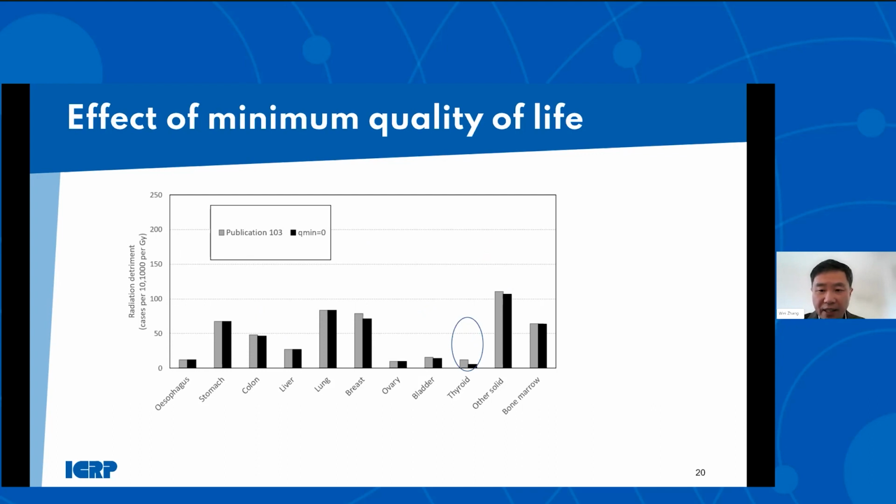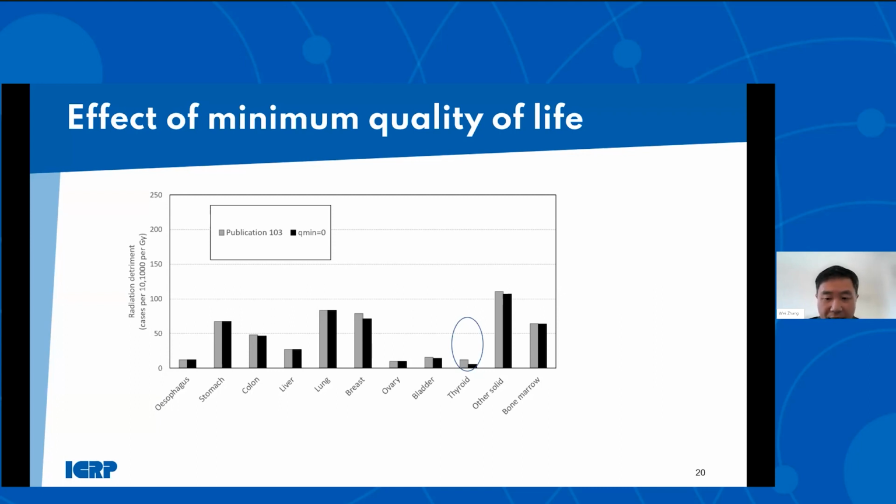This graph shows the effect of a minimum quality of life. The minimum quality of life accounts for the minimum suffering associated with a non-fatal cancer. ICRP defined the minimum quality of life as 0.2 for thyroid cancer and 0.1 for other types of cancer in publication 103. This graph shows a comparison between the standard detriment and that calculated with a minimum quality of life